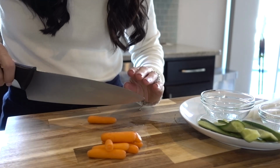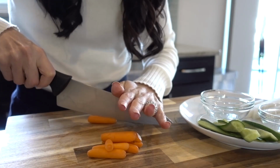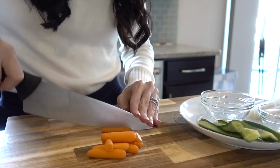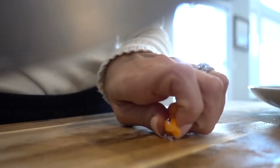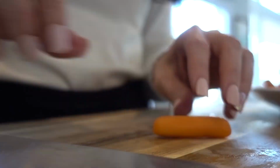And I highly encourage you to give that a try. Salsa is a great one to start with, especially if your kids are used to eating chips and salsa. You could do the Siete chips, a couple of those on the plate, just for a little exposure. You could then add the crunchy carrots. You could add jicama, which